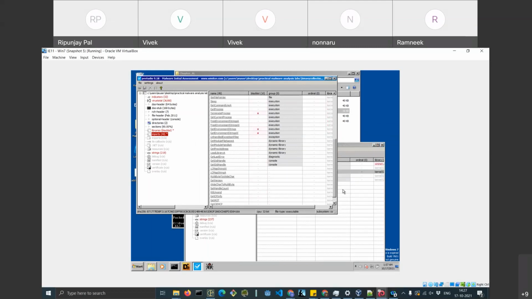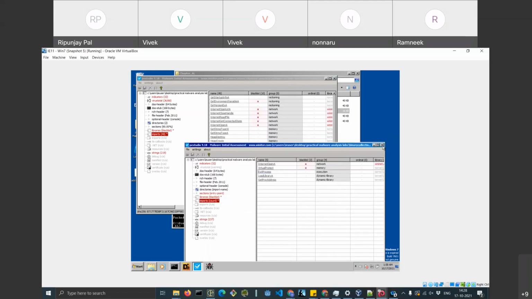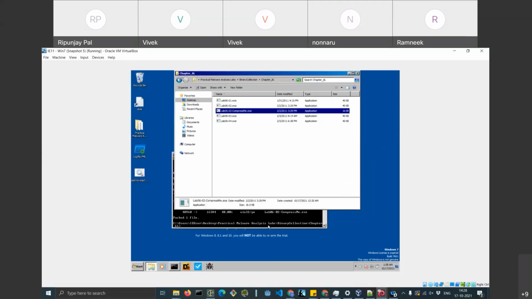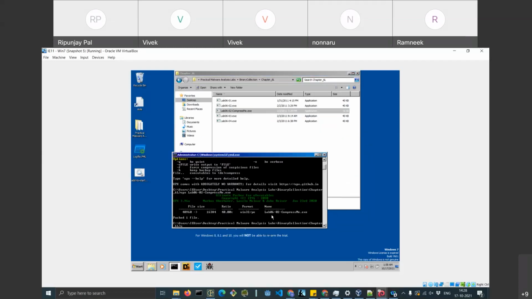That's why malware authors use tools like UPX to pack their executable, so that analysts are not able to analyze the malware properly. If you want to unpack the executable, you can simply type upx -d and then the name of the packed file.